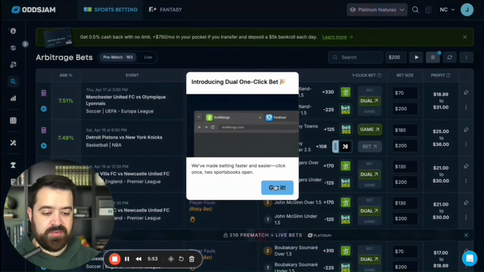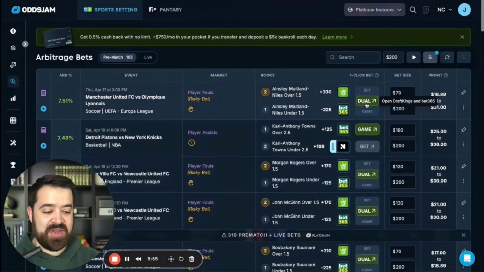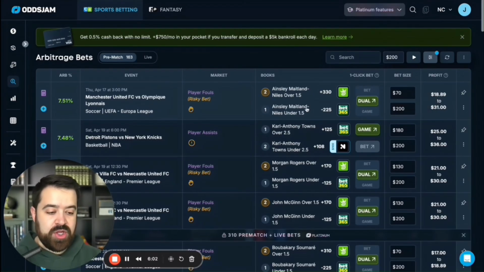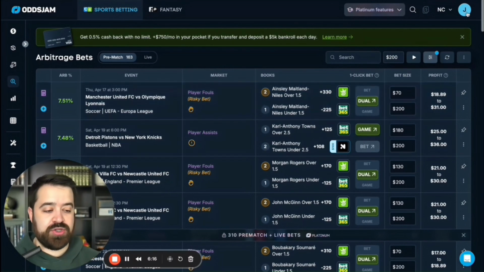This is actually a really cool feature too, that they just added: you can click this dual and both will pop up. So you can see here, this is a 7.5% arb. If one side hits, I make $18. If the other side hits, I make $31. It gives you your bet size right here, and you can change that based on your bankroll. If you want to change your bankroll, just go here to profile and then bankroll,